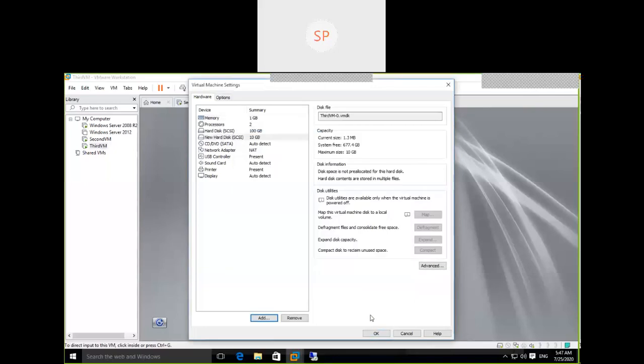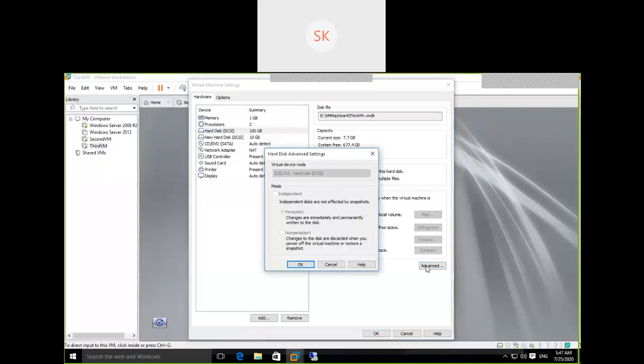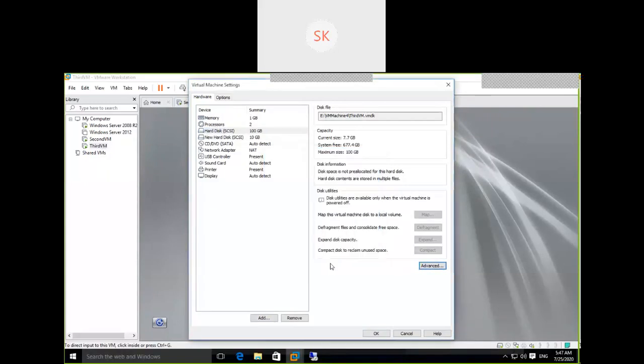I am going to expand the existing one also. Select the 100 GB hard disk. Hard disk 100 GB is there, right? Yes. It is not giving the edit option. Go to Advanced. No, it is not giving. We need to shut down the system and then make this edit. Okay, do one thing. Quickly shut down the system. Click OK.